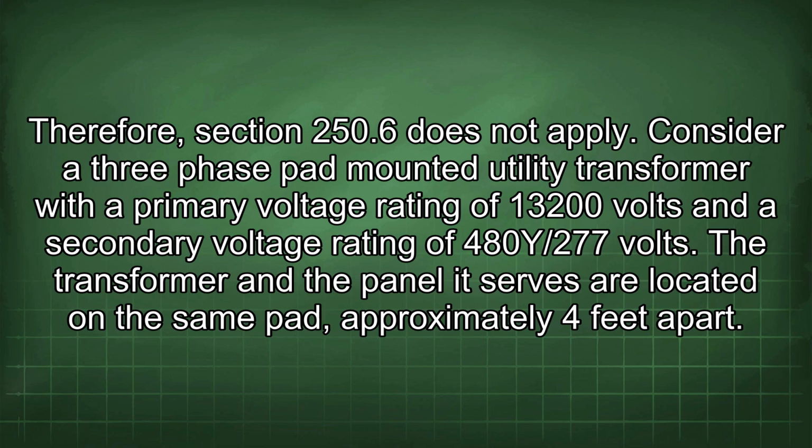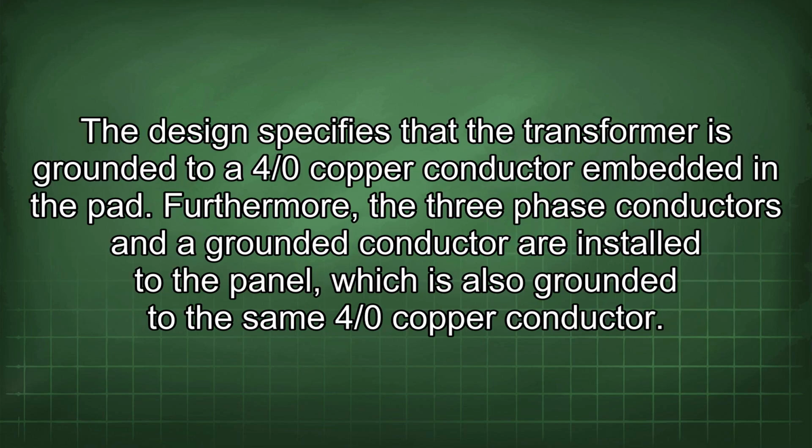Consider a three-phase pad-mounted utility transformer with a primary voltage rating of 13,200 volts and a secondary voltage rating of 480Y/277 volts. The transformer and the panel it serves are located on the same pad, approximately 4 feet apart. The design specifies that the transformer is grounded to a 4/0 copper conductor embedded in the pad. Furthermore, the three-phase conductors and the grounded conductor are installed to the panel, which is also grounded to the same